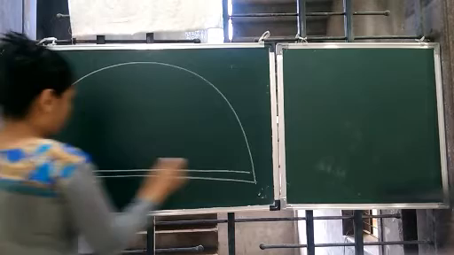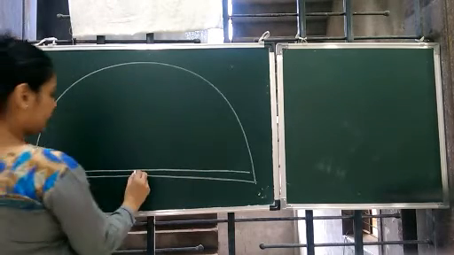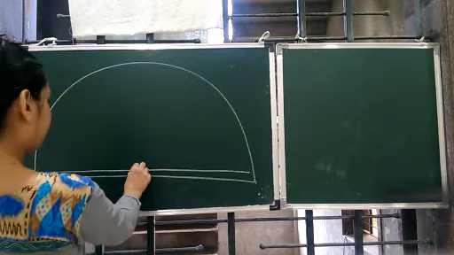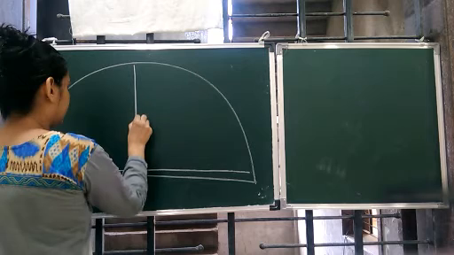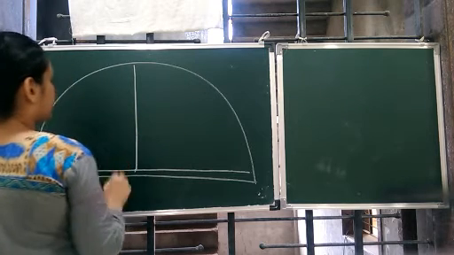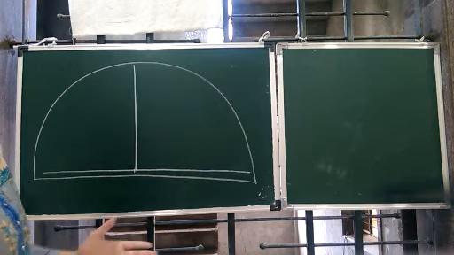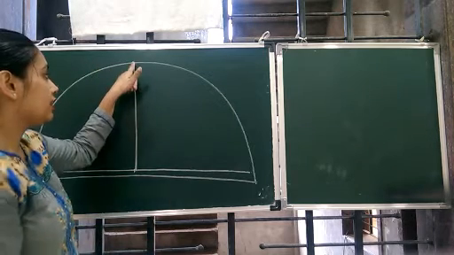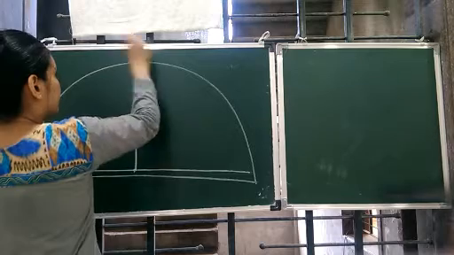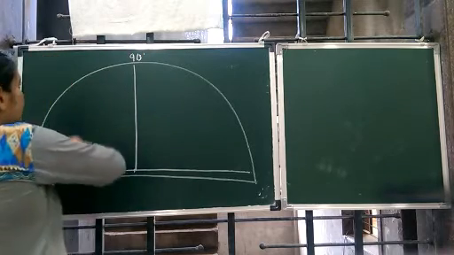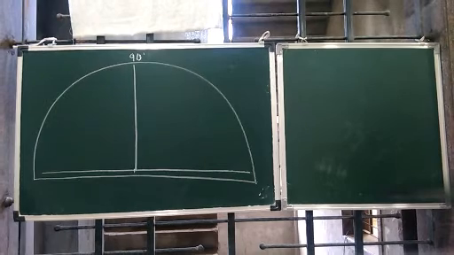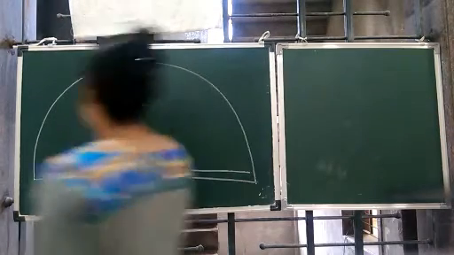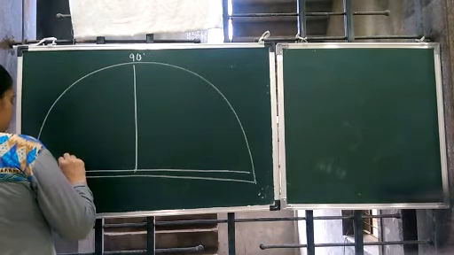This is the horizontal line, and exactly what is the center? I hope this is the center. This is the vertical line. So as I said, vertical line, so you must have understood that here will be 90 degree. This is 90 degree. Now we see scales here, children. We see scales here also, and we see scales here also. Now we see two scales. Let me make those two scales.